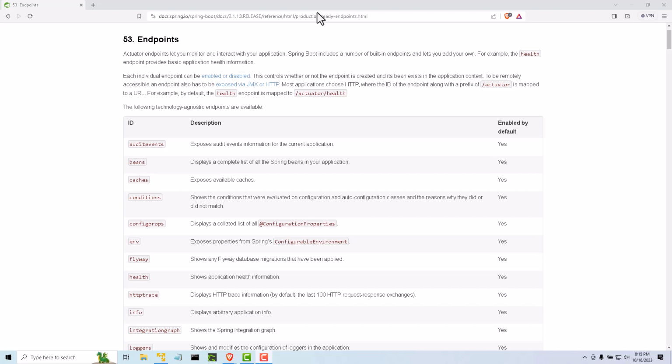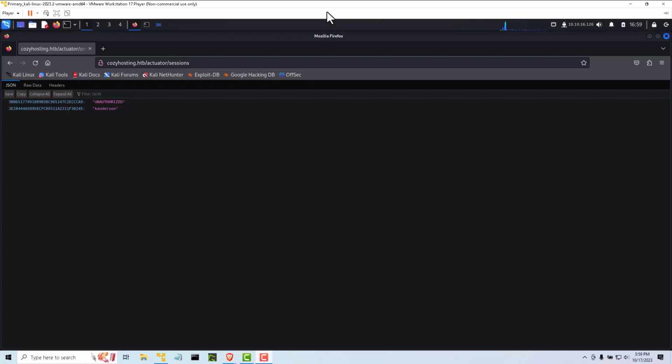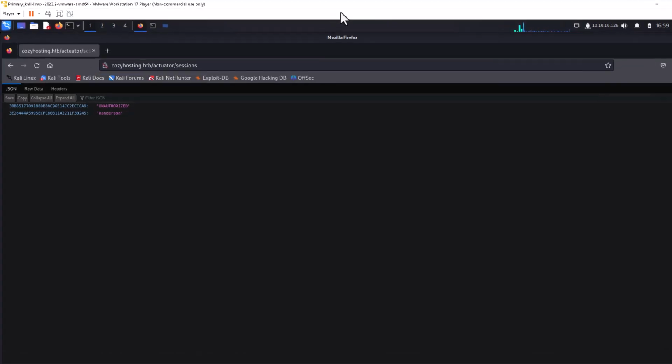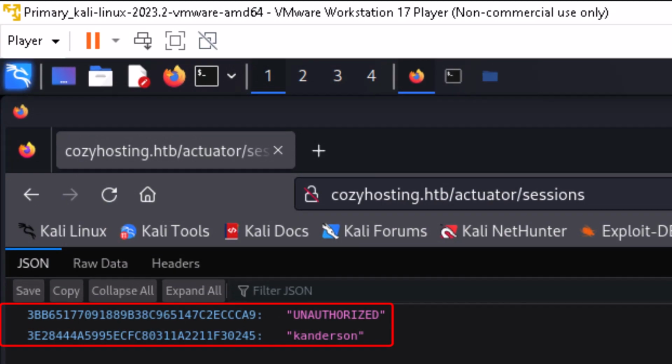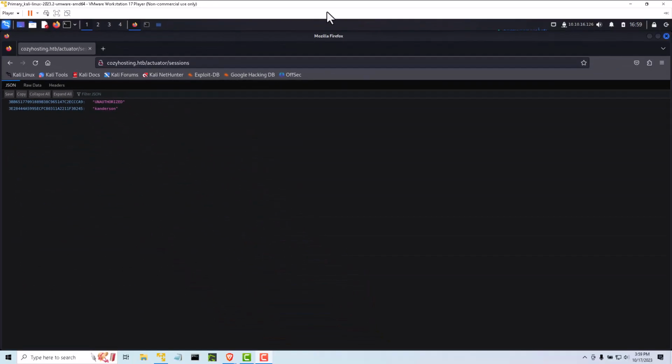Reviewing the documentation, I just needed to add /actuator at the end of the URL. When I navigate to /sessions, it looks like a possible session ID for someone named Kate Anderson. I'll document the web address for later. It's always good to document everything during recon to go back later and do more of a deep dive with the information